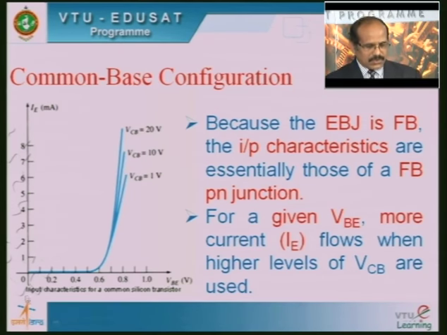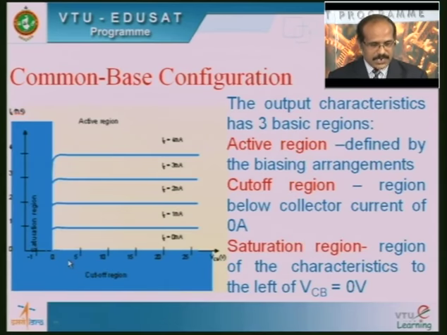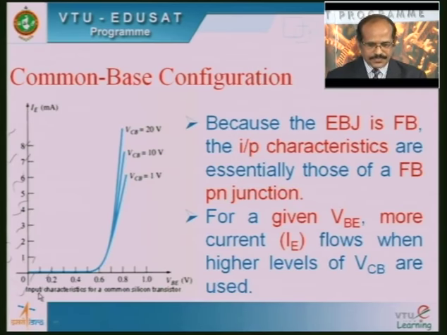If you want to see this particularly, let us look at it. For a constant fixed value of VBE, let us assume that the VBE given is 0.8 volts. Corresponding to this VBE, if you draw a line here,